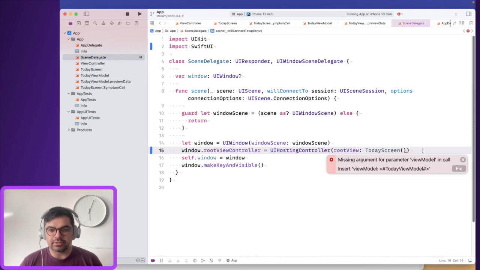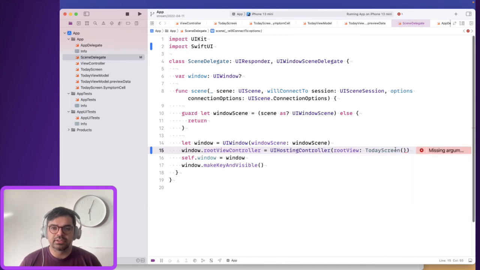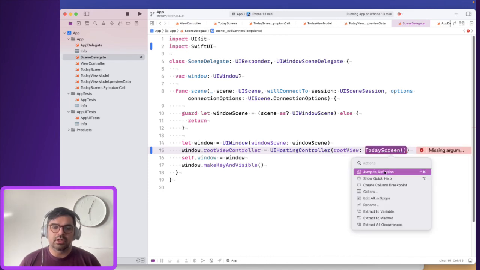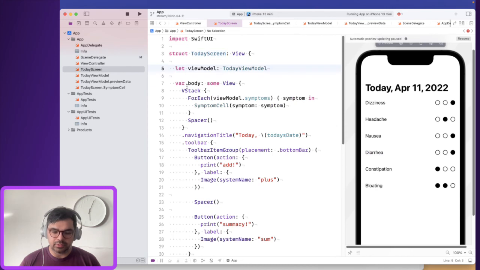Is it a proud view model? Yes, we don't have a view model yet for the main screen. We only have preview data. One thing we can do is change this to be a state as something we're expecting to come in later, or set it as